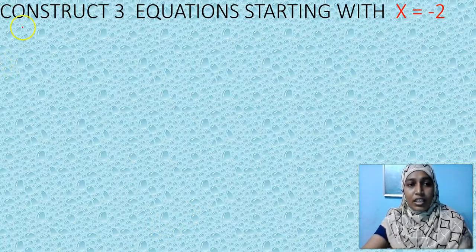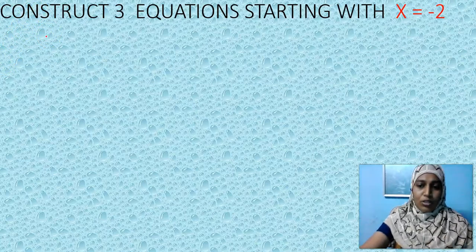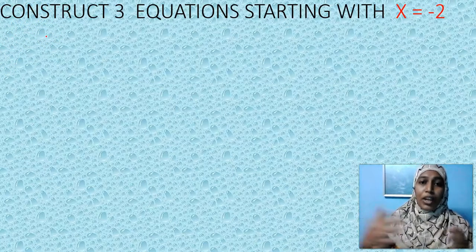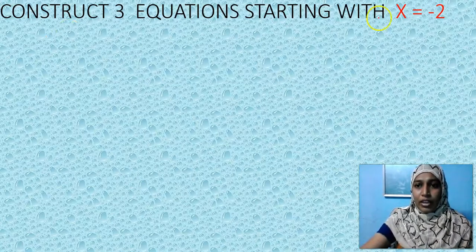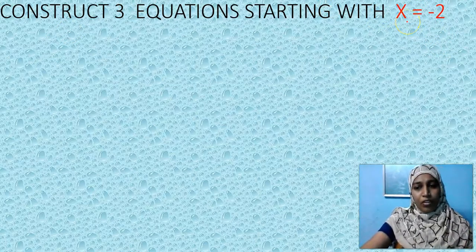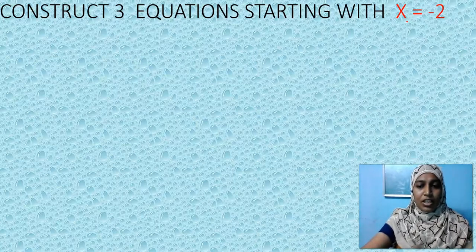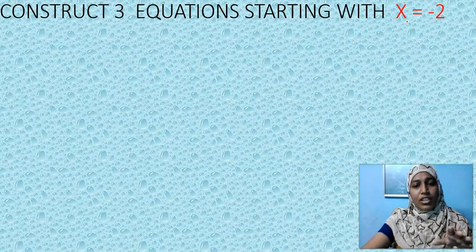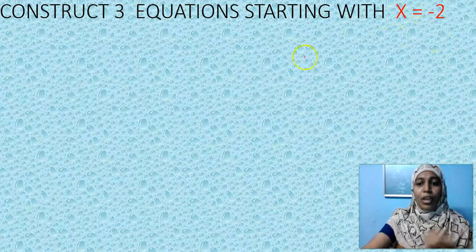Now let us see how to do the reverse process. I have a solution and I have to frame many equations for that. So I can say for one solution I can have many equations. For all those many equations, I have only one solution. Is it clear my dear children? For many equations, I will get only one solution. With this one solution, I am going to make many equations.